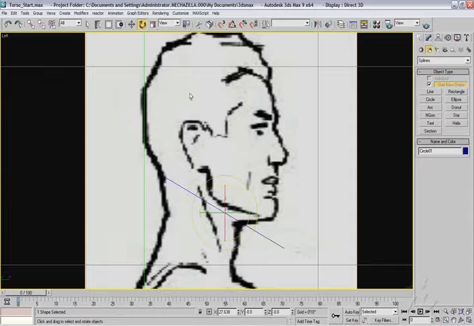The next thing I'm going to do is switch over with my move tool, and you'll notice right now it's set to a local coordinate system. The nice thing, because we created this in our top viewport, is we can switch to a local coordinate system and it will align along with that, and we'll just bring that up. It's a lot easier to move around when it's on a local coordinate. So let's move that to where we need it to. And we'll use the scale tool, same thing there. We can use the local coordinate,